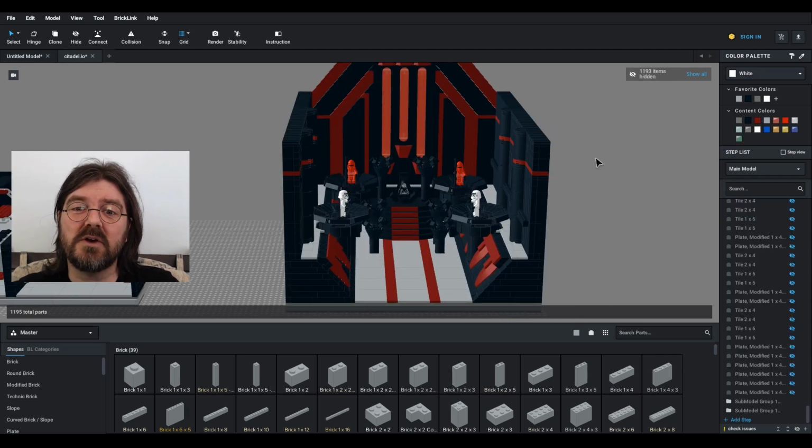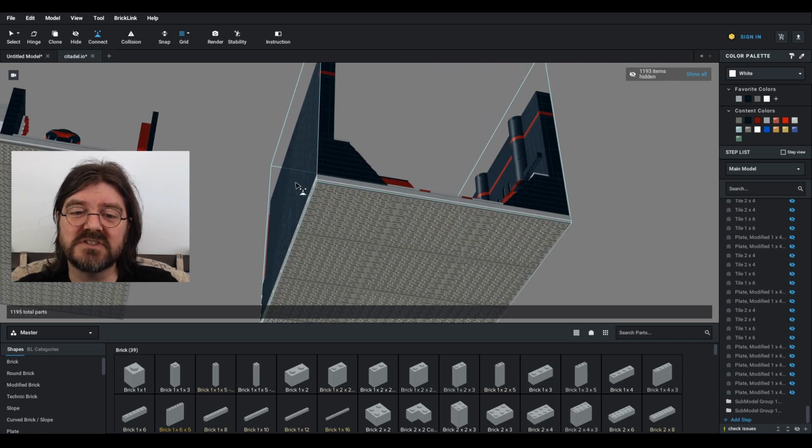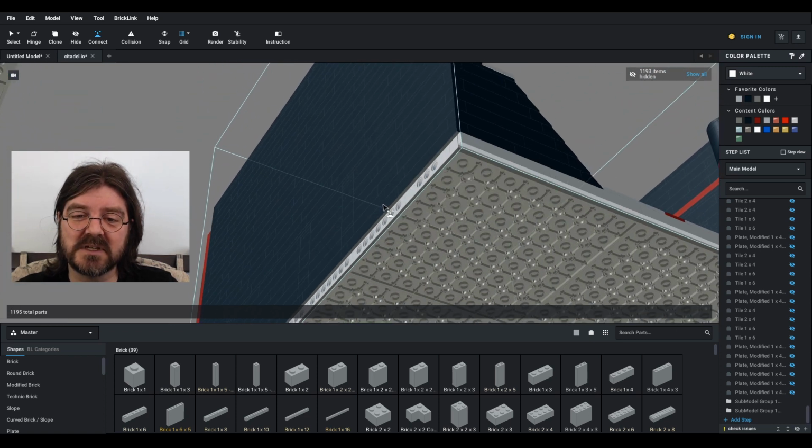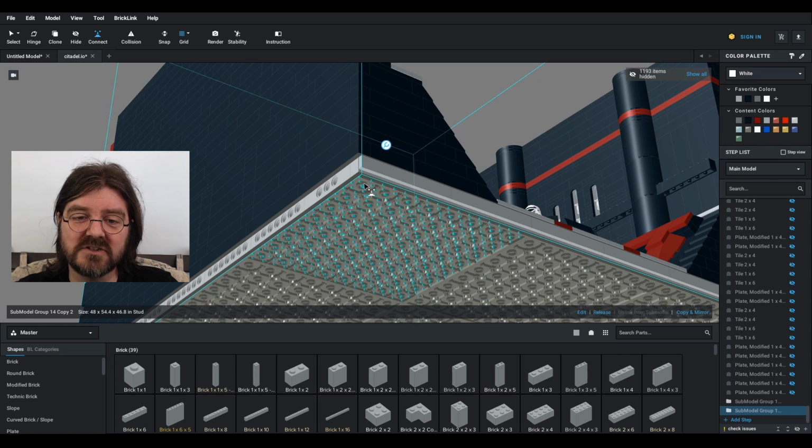Sometimes it can be really overwhelming to see all the connection points within a submodel. I would suggest that you zoom in and change the perspective a bit and try to find the connection point that way. If you fail the first time, you can always press Ctrl Z to go back a step and then you can start over from the beginning. It will save you a lot of time to do it that way.